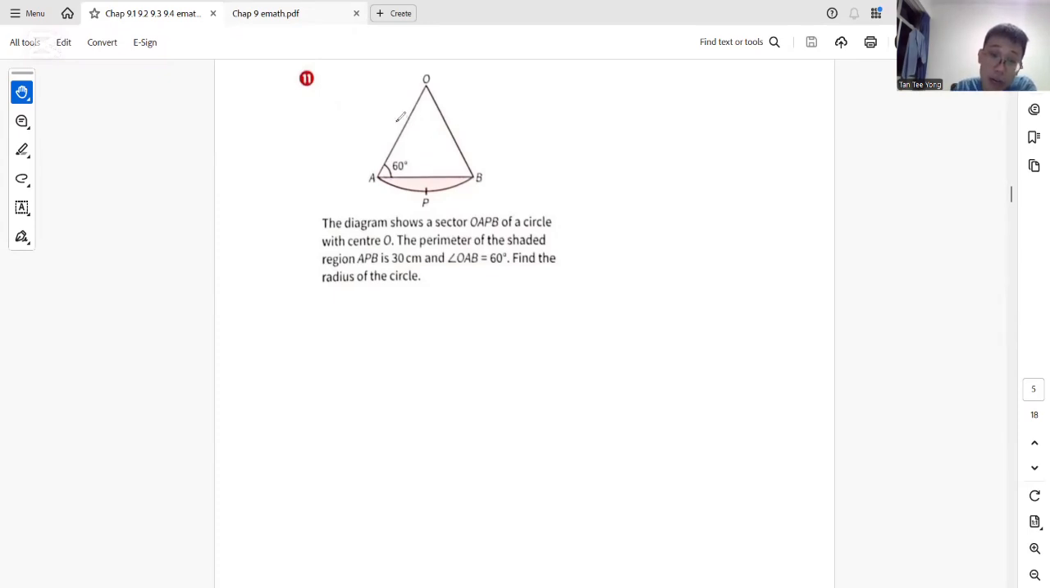As you can see, OA and OB are radii. That means this angle here will also be 60 degrees. If this angle is 60 degrees, this is also 60 degrees. Angle AOB is also 60 degrees. Therefore, this is actually an equilateral triangle. So I can say that this line AB is also the same length as the radius, which is R. So arc APB plus the radius gives me